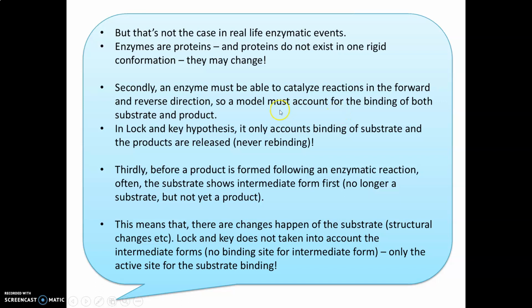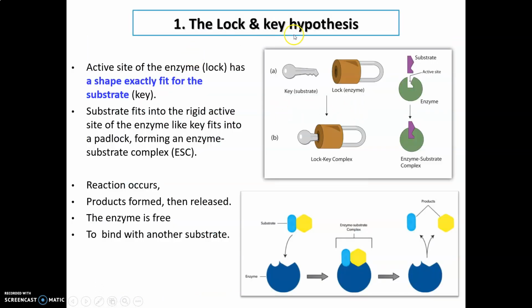Okay, kalau ini apa maksud dia adalah, in lock and key hypothesis, dia hanya take into account the binding of the substrate sahaja. Okay, dia the binding of the substrate sahaja dekat dia punya enzyme. After that, product akan release. Tetapi kadang-kadang the enzymatic reaction tadi adalah reversible. Maksudnya product tadi pun kena, product which is now a new substrate, dia kena bind dekat dia punya active site